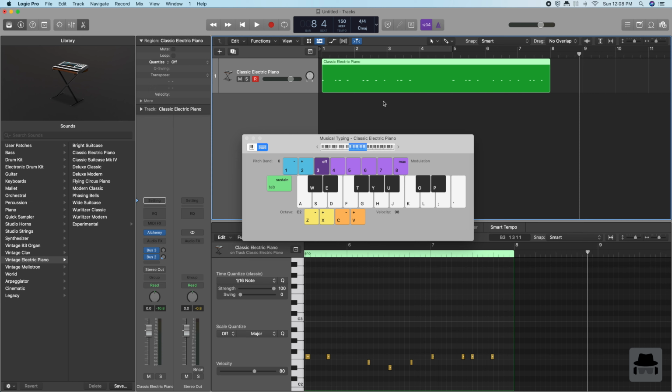At this point, I think we should quantize it. So to quantize, you highlight and press Q. Your quantizing is going to be over here. You can quantize to 1/16 of a note, 1/8 of a note. What quantizing does is it puts everything on the grid. So if your notes are meant to be off the grid, then you don't want to quantize. And sometimes you need to change it to